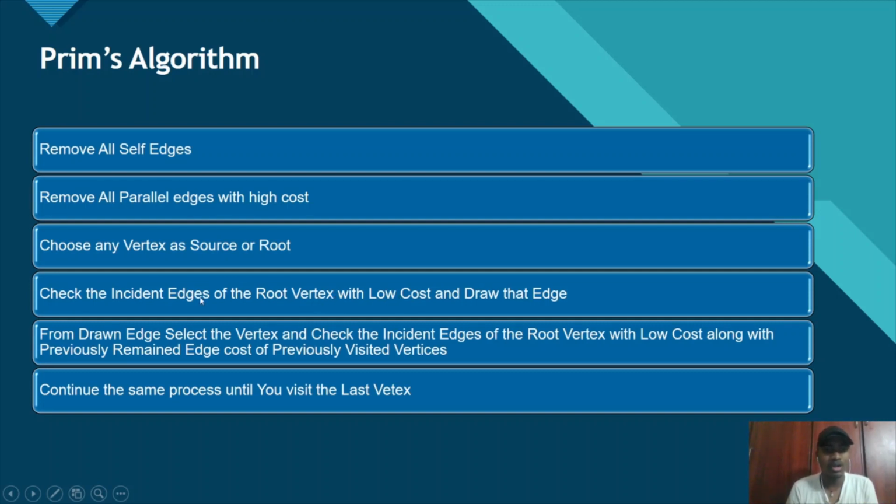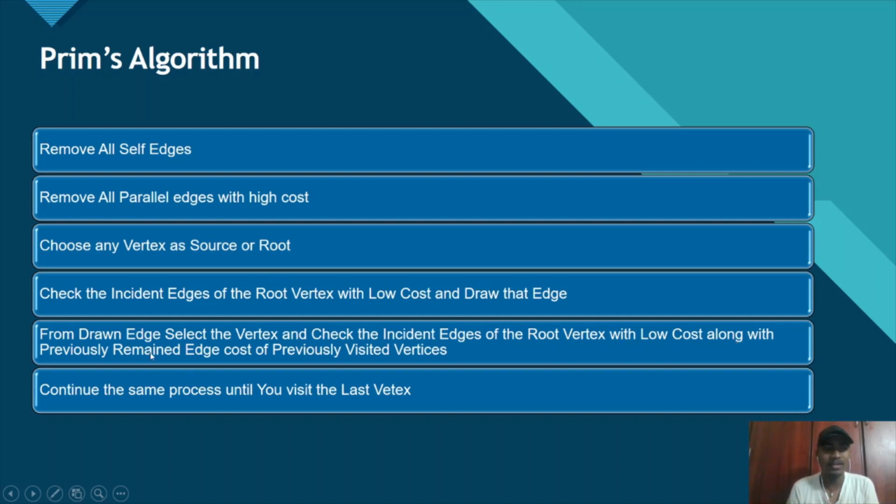Check the incident edges of the root vertex with low cost.